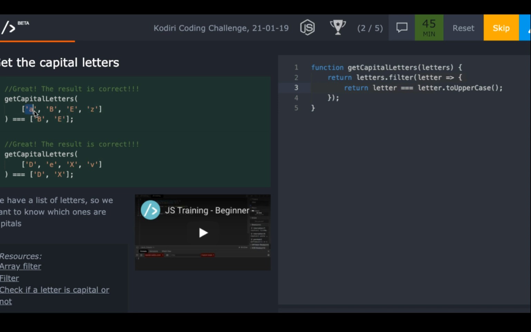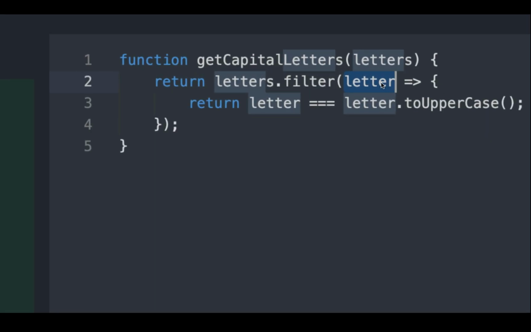Oh, sorry, I'm still not understanding why did you introduce letter? Because when I was watching the video, I couldn't quite get where letter came from. You can rename it. That comes from here. This is the argument. So JavaScript will provide that. Okay, so we've renamed it then. Yeah. I see. That's correct. If you don't like letter, you can call it